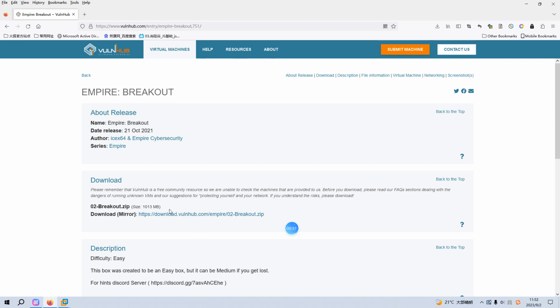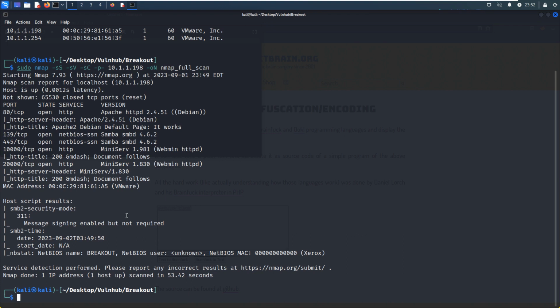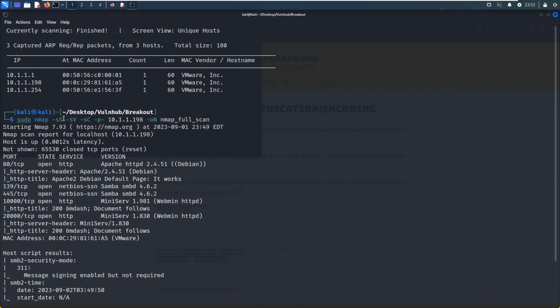To save time, I have already imported the virtual machine into VMware Workstation. So now we can go inside Kali Linux. First, as you can see, I use netdiscover to discover the IP address of the virtual machine, or target, as 10.1.1.198. Then I did the nmap scanning, I did the SYN scan, the version scan, the default script scan, and